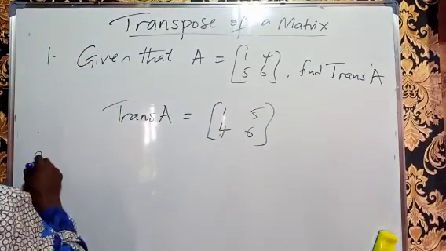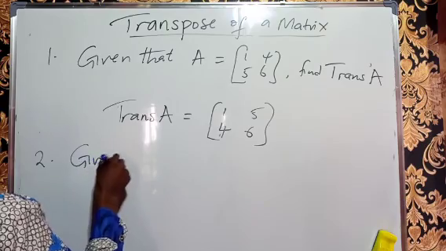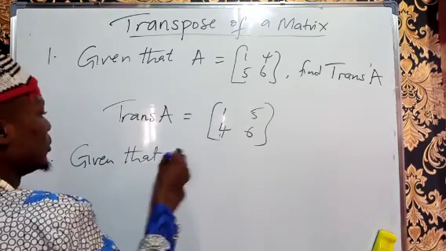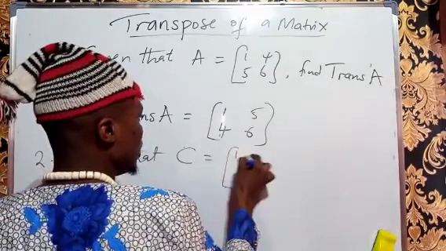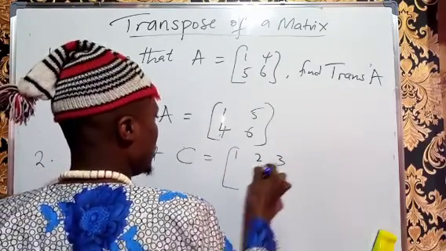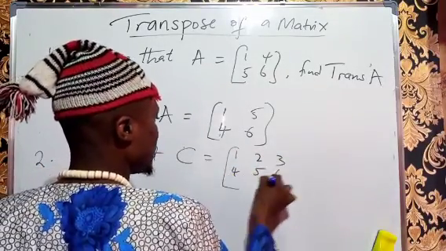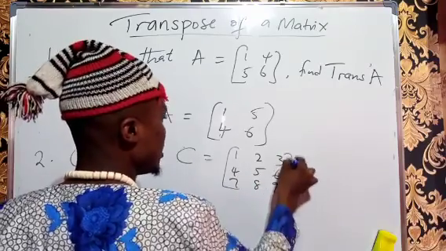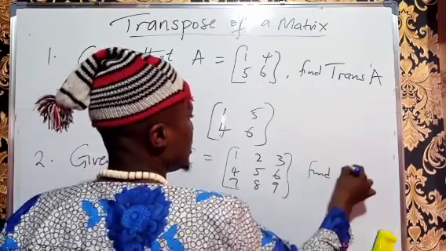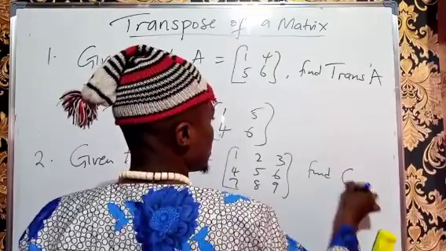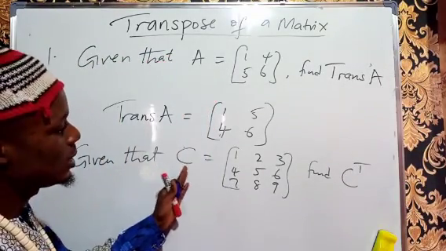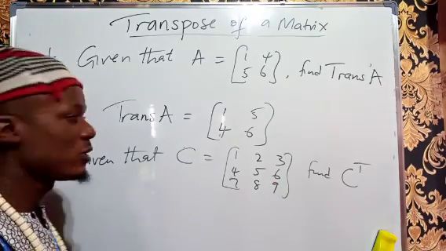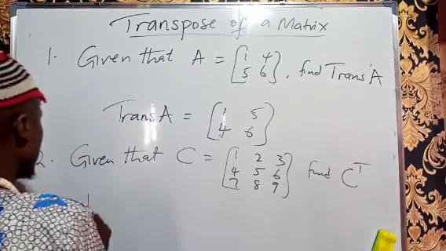So if you have again, given that C equals 1, 2, 3, 4, 5, 6, 7, 8, 9. So find C transpose. Okay, if you have the matrix C here, and we ask to find the transpose of the matrix C, so trans C